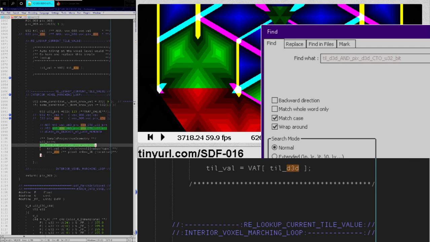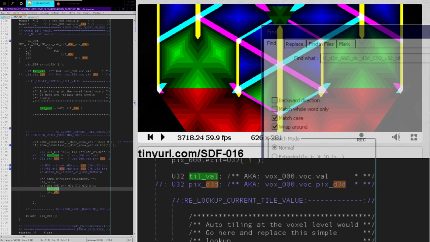And we know that we actually have to change what we're doing here, what we're calling things with. So we have the tile D3D is actually already passed in, so this will just be tile D3D,